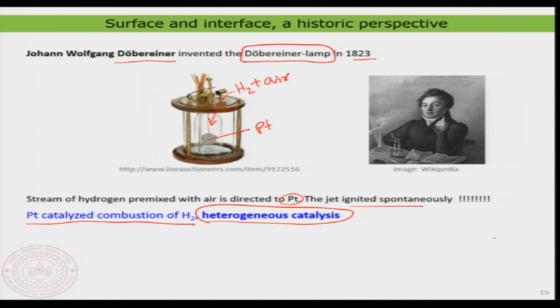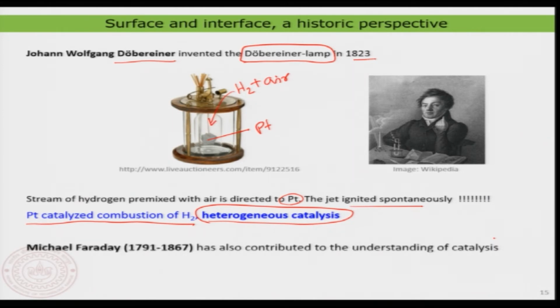So, we will see a few more examples now, where you will see the catalytic aspect of surface science. In fact, chemistry at surface can actually be called catalysis itself. Well, Michael Faraday also contributed a lot to the understanding of catalysis during this time, where he worked with different kinds of metallic catalysts and used them for dissociating molecules, for example. We will come to that in a minute.